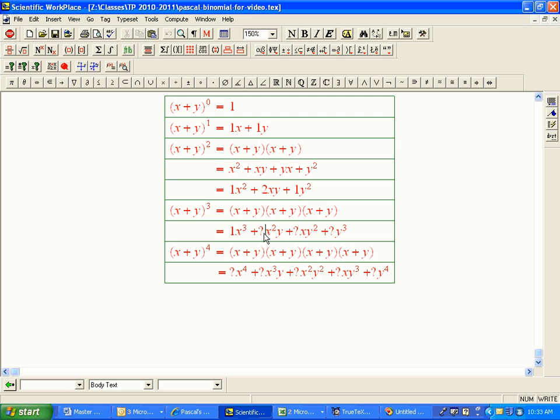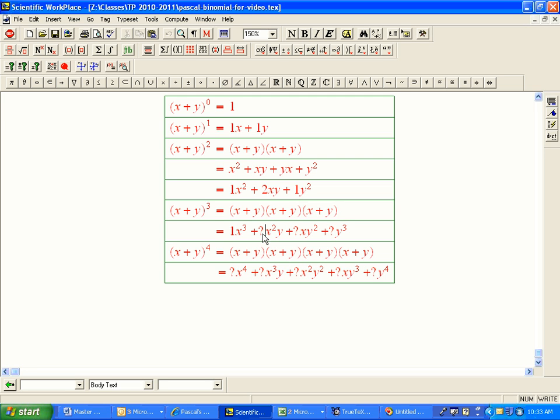But to get an x squared y, I need to highlight exactly 2 of the factors. So like I could highlight these 2 guys and get x, and then the other one is going to give me a y. Or I could choose these 2 to be the ones where I'm picking x, and this one to be the one with y. That's another way. And then it's a little harder for me to do it this way, but I could highlight this one and this one together, and those would be the ones with x, and the other one would be y.